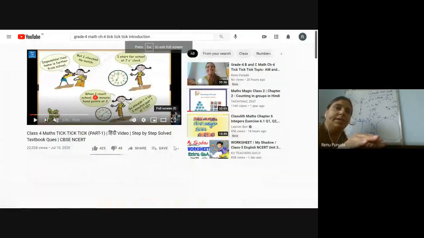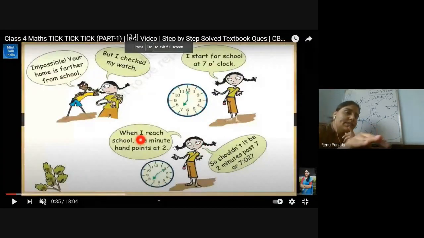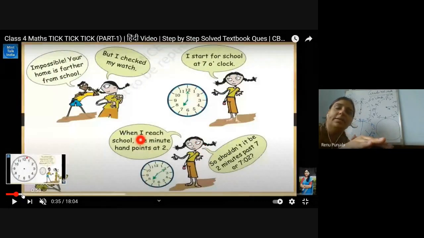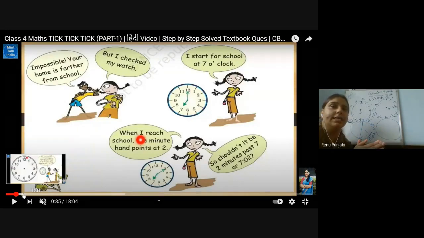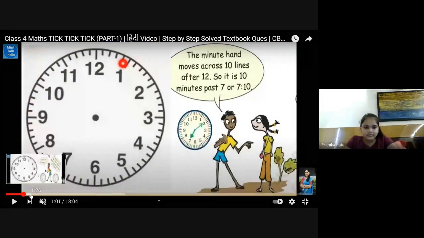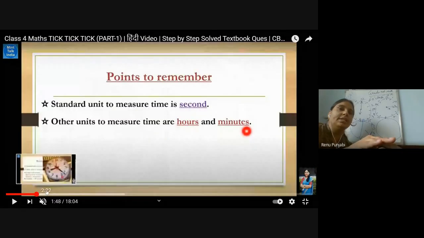Yes, please. This was the page number which we have already discussed. Yes or no, Pamposh and Shazia? Yes. So what time is Shazia telling in this story? What time did she reach school? 7 to 7:10. According to Shazia it is 7:02. But 7:02, is she correct? No, ma'am. So what time is she reaching school? 7:10. Yes. Now go to the next page.